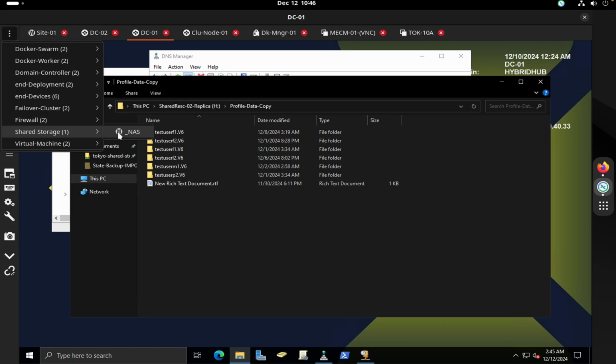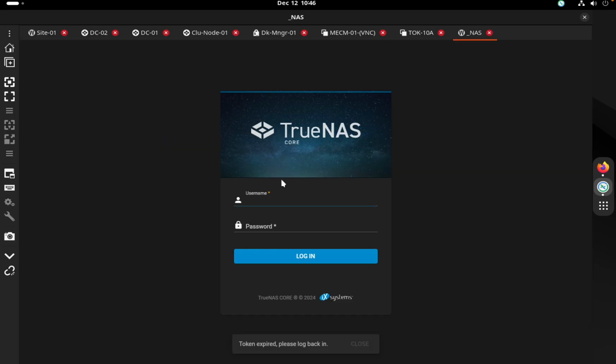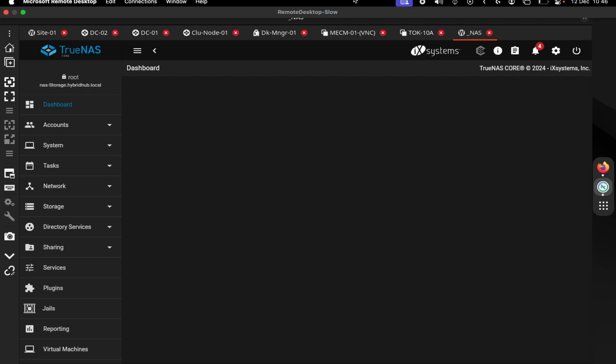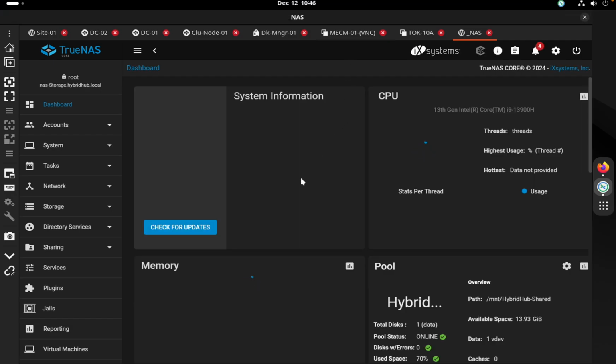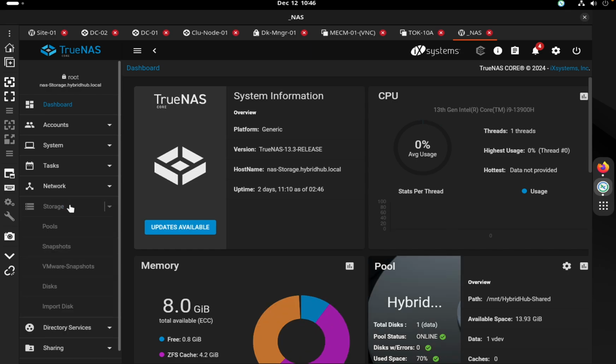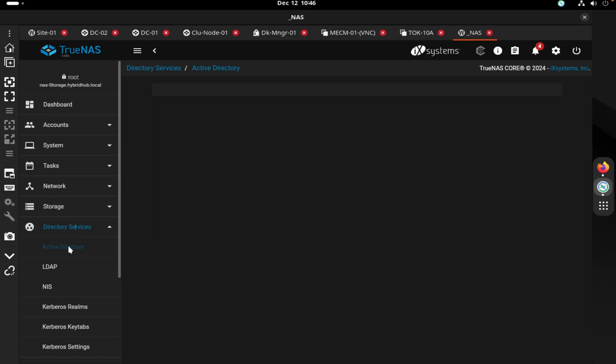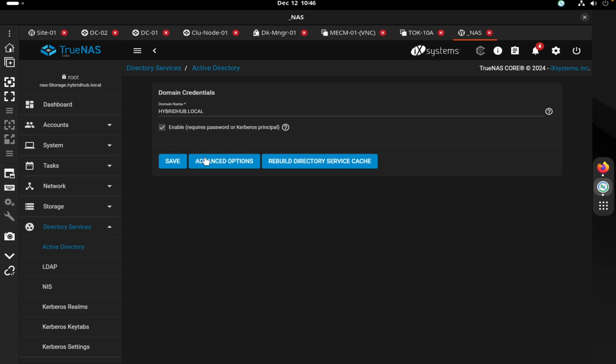If I talk about my NAS now, if I log into my NAS, you see that we have root. Yeah, into my NAS now, and my NAS as well is joined to my domain. So if I go into directory services, Active Directory, you can see we have joined to